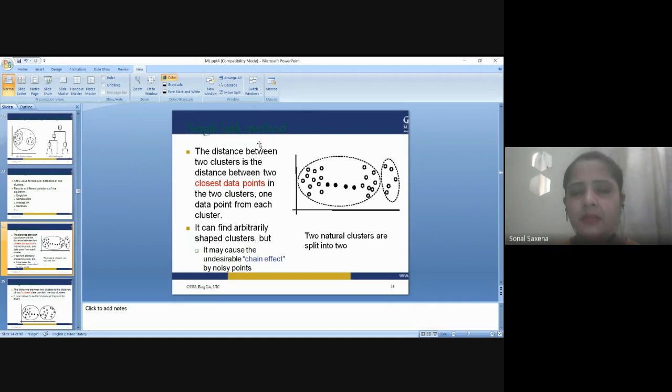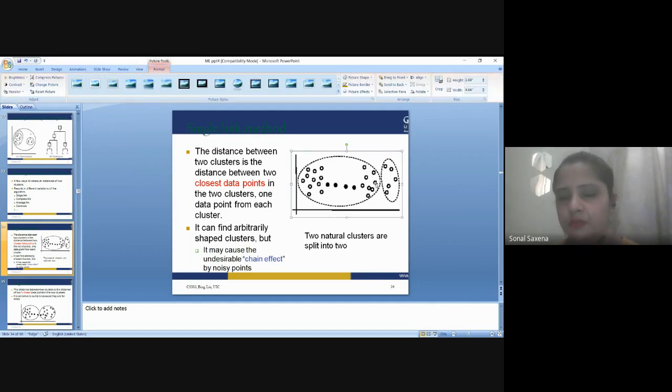Single link means, let's say this is the closest one. This data point in this cluster is closest to this cluster. So we need to find, for both clusters, those two data points, one from each cluster, which have the lowest distance. Why are we calling them single links? Because a single data point from every cluster is taken up in this linking. We are not looking at other data points.